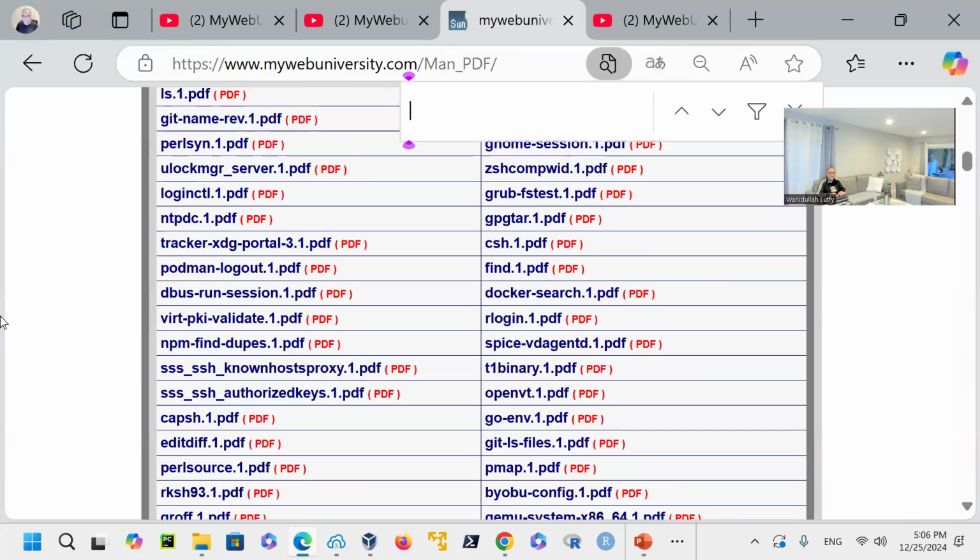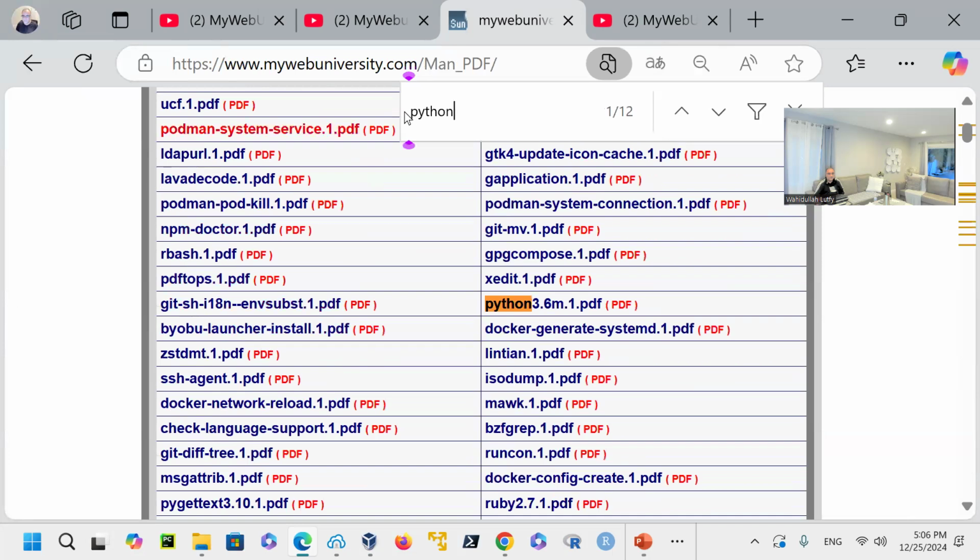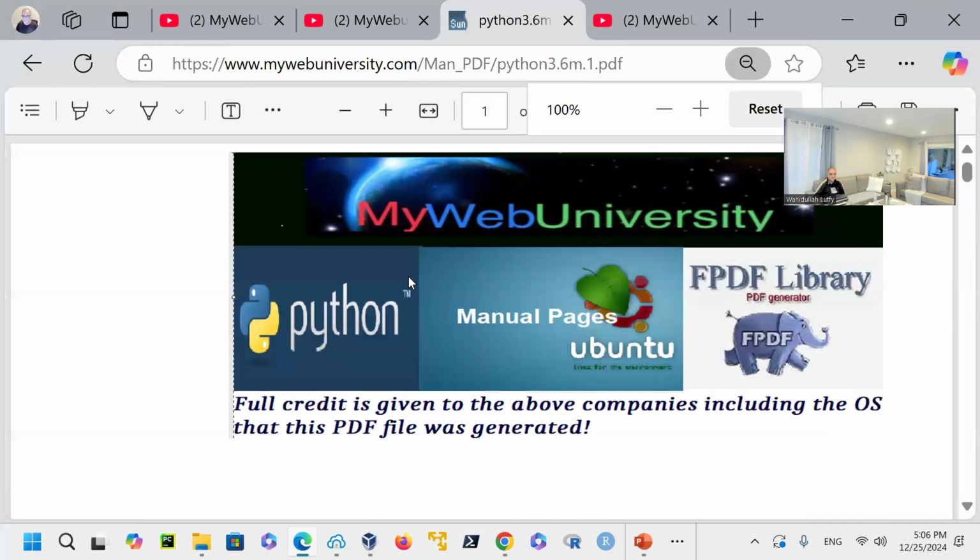For example, if you're interested in Python, you just type in Python. Notice that at the time of creation of these PDF files, I just had Python 3.6 installed on the Ubuntu server that I built this documentation from. So if you click on this one, I gave credit to MyWebUniversity, Python, manual pages of Ubuntu, because the Ubuntu server, I just have to get it, and I'll show you how you can get the information there. And those are all open source. So if you can see it on the server, it's okay to display it as well, and it's free,